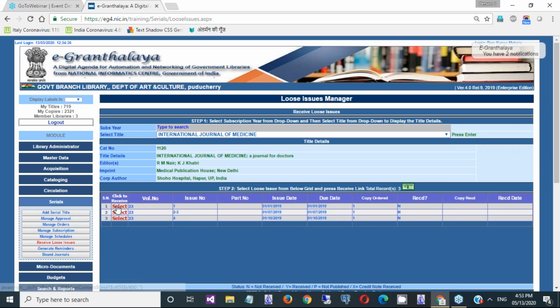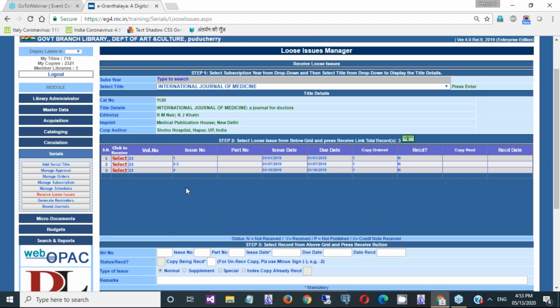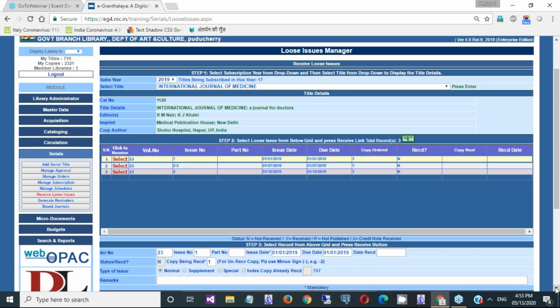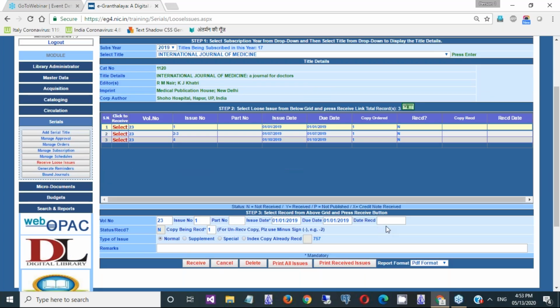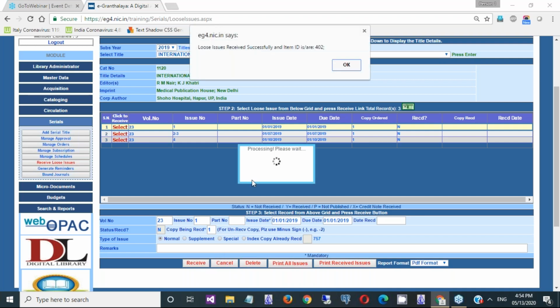For example, now an issue has come. So how will you receive the journal? You just select that particular issue which has come to your library. Here itself, you can make many modifications. Otherwise, you just press the receive button. Once you receive any loose issue, an item ID is generated, that is 402.